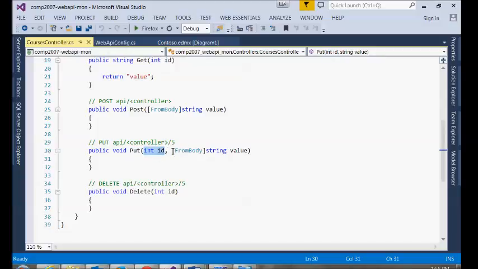We get an ID, as well as a request string with a bunch of values, and we have a delete with an ID. So we're not going to keep these, we're going to override these, but for now, so eventually